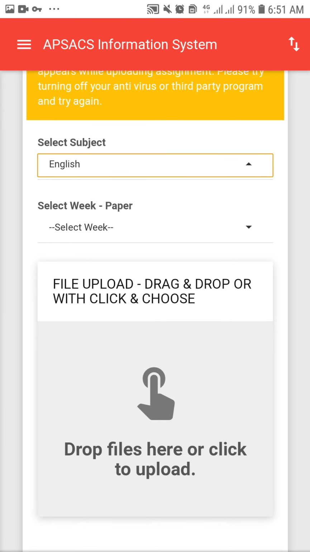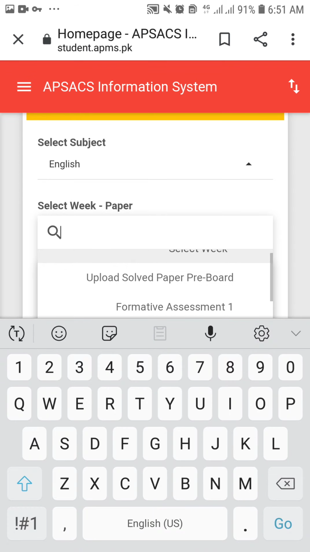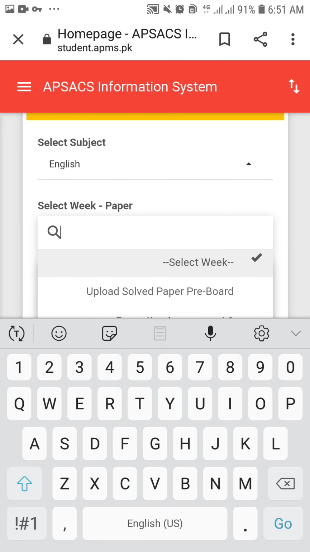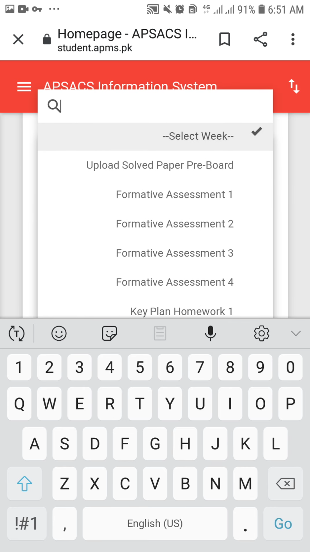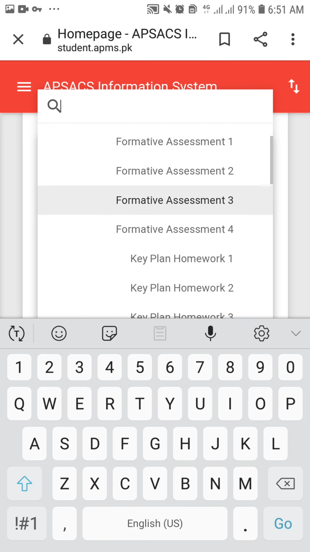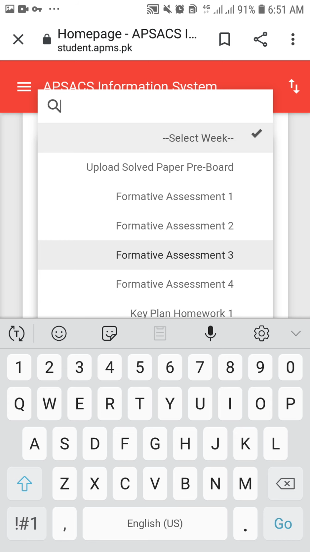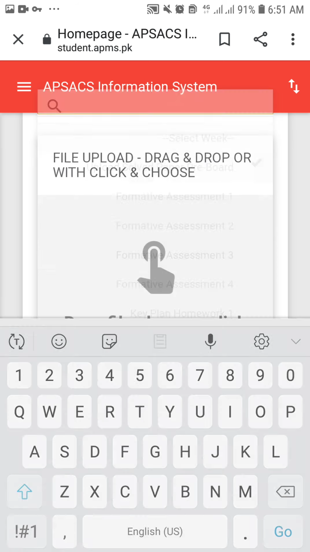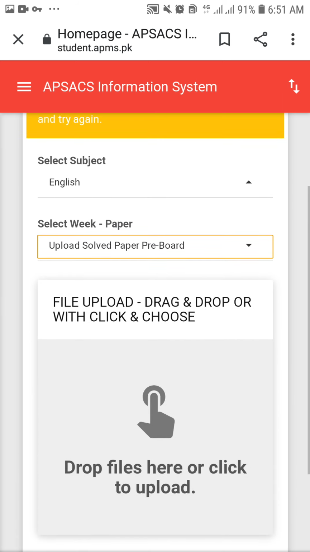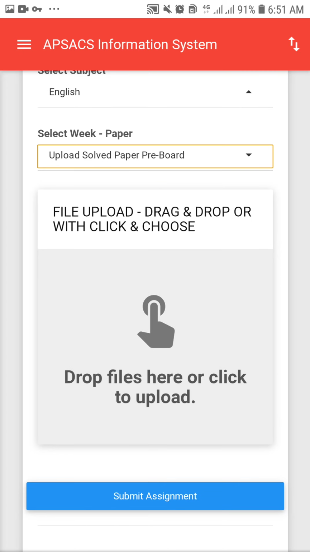You will see the first option, upload solved paper pre-board. There are many options, but you will choose upload solved paper pre-board. After selecting that you can upload the paper here.